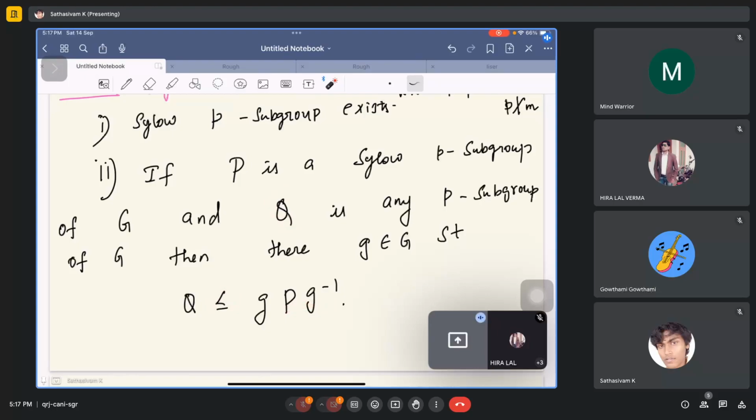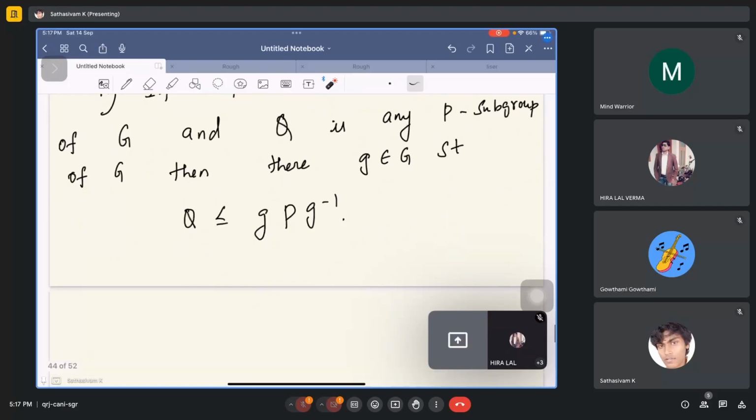So in that sense, any Sylow p-subgroups are all conjugate. Okay. So in particular,